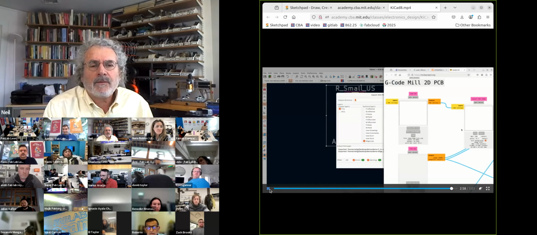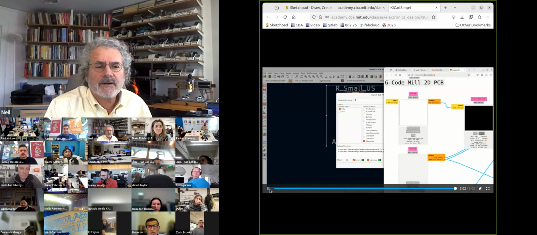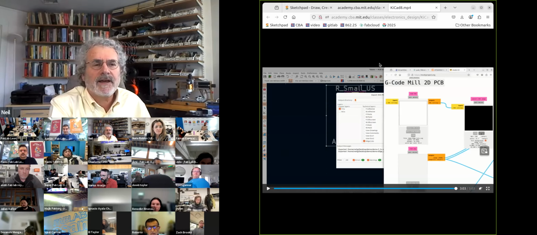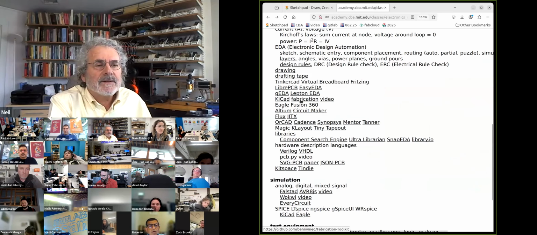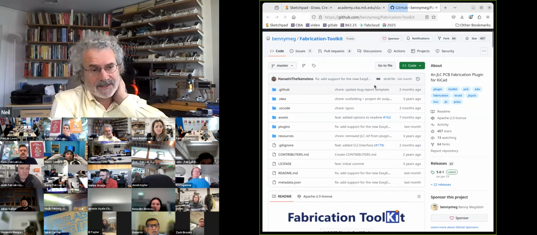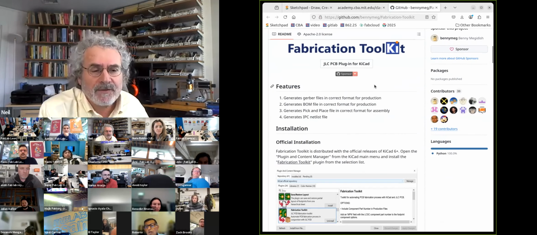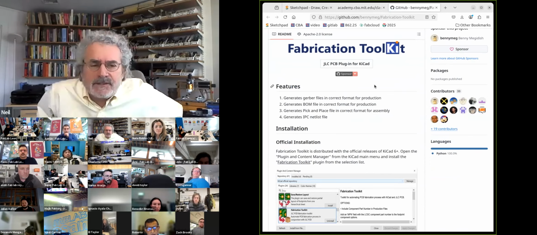That was the traces. This is the interior, and then I can fabricate that. And then I have linked here a very handy extension to KiCAD, and if you want to send it, it's in